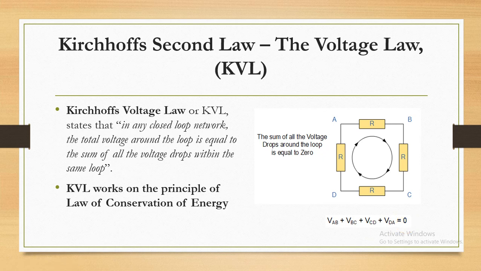If any voltage source is present in the loop, then the voltage rises are equal to all the voltage drops. Suppose only one voltage source is there along with the 3 resistances. If we connect it across AD, one voltage source replacing this resistance, then the voltage source is equal to the drops, all these 3 drops.